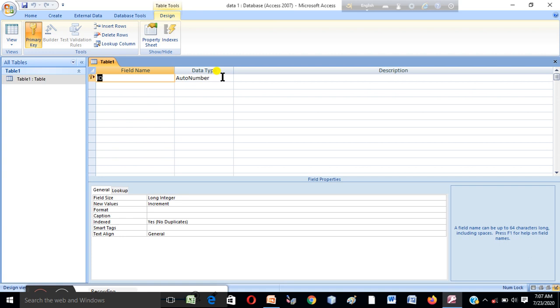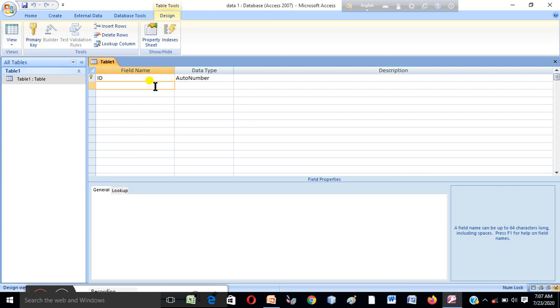What kind of field you need, that you enter in this field. Suppose I want to create a table, first that is player name.